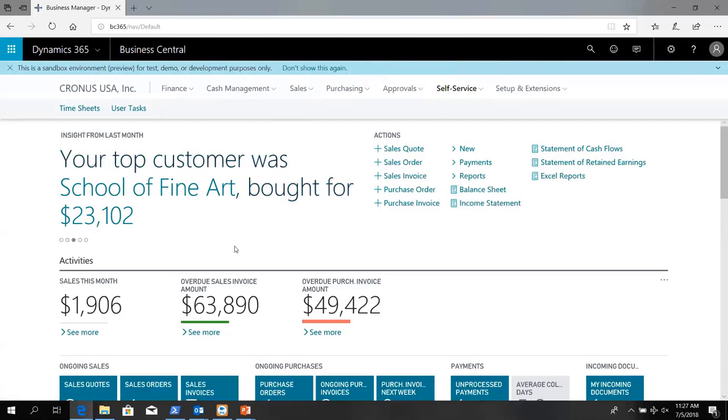Now you'll notice as I look at the role center itself, I can see this section called Business Insights. And you'll notice how it's scrolling through various highlights, showing me items that have been configured by your partner to show me top customers, top items, those types of metrics. The beauty of this information is my top customer, the School of Fine Art, made a purchase during the last month of